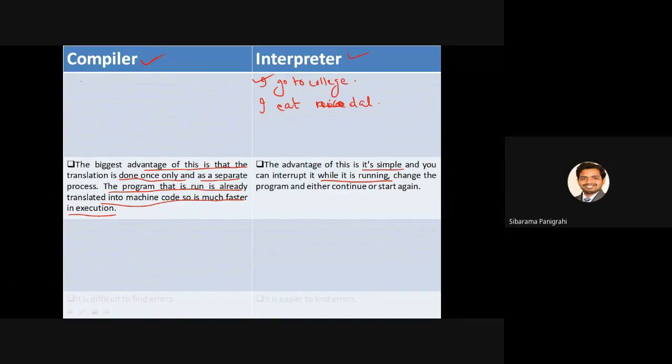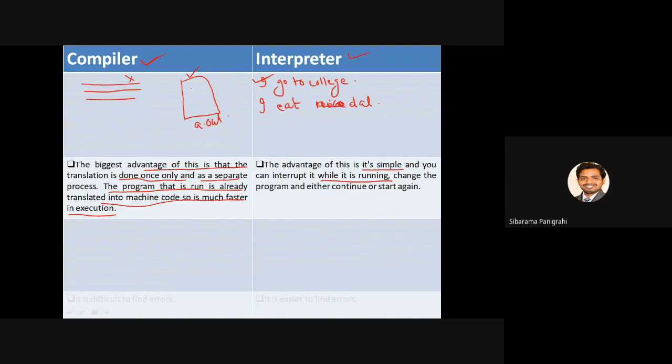Whereas in case of compiler, you write a source file. After the source file is translated, it creates a separate file, let's say a.out. Then if you want to execute, you are not looking at the source file, you are looking at the translated file and executing it.